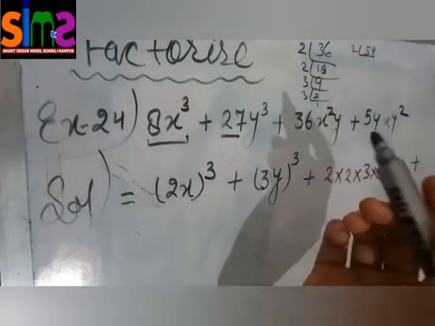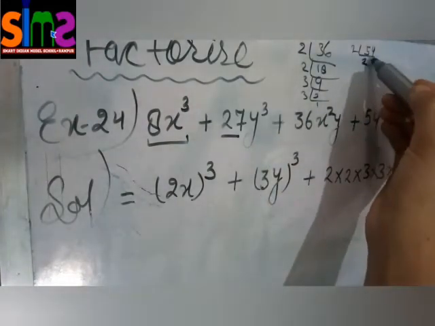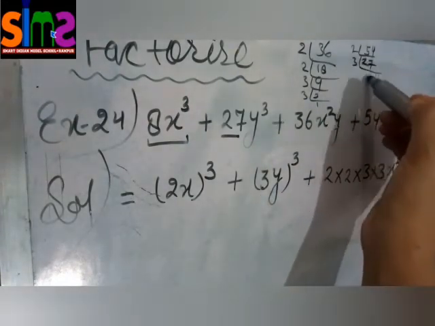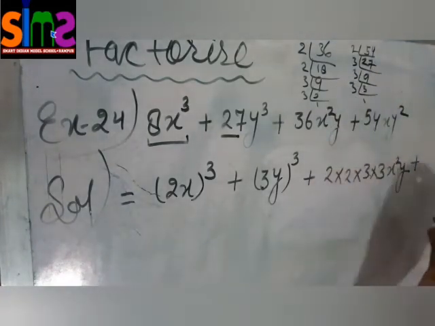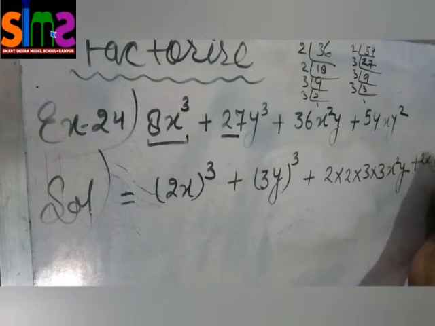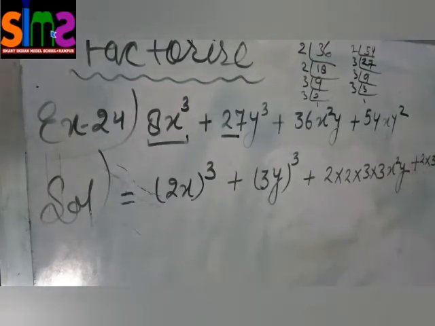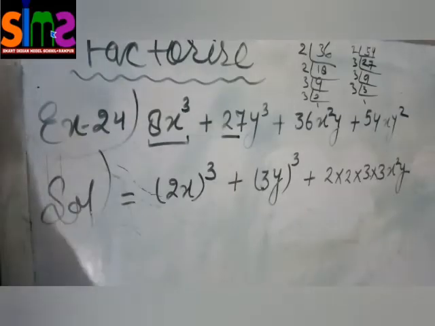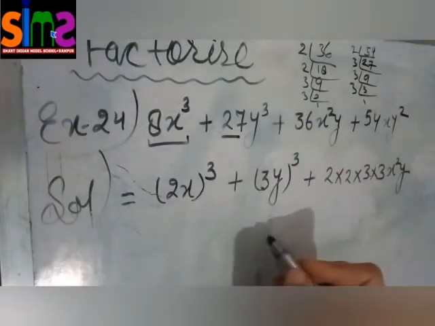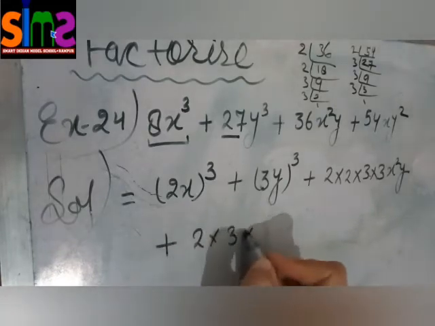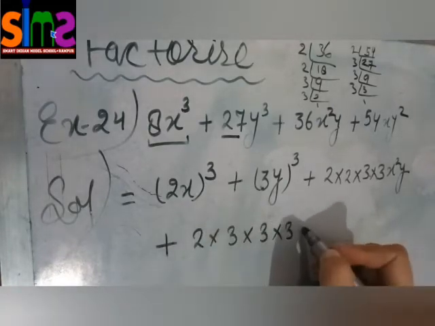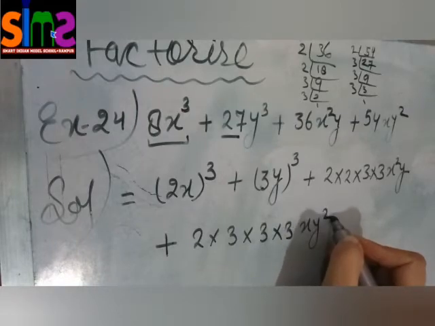Let's check out who did well. 2 2s are 4, 2 7s are 14, 3 9s are 27, 3 3s are 9 and 3 1s are 3. So 2 into 3 into 3 into 3. बच्चे लोग, we don't have enough space here, so we will write down the last term here as 2 into 3 into 3 into 3 and then xy square.